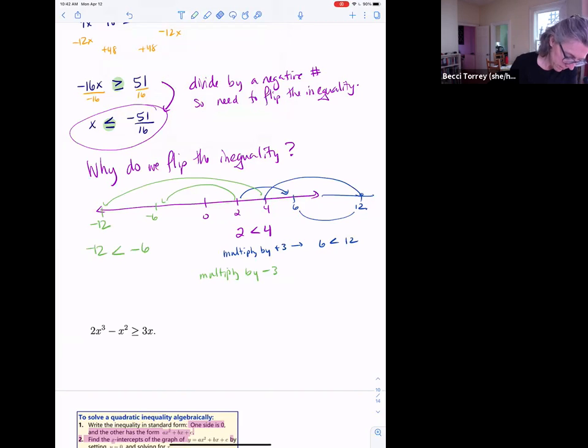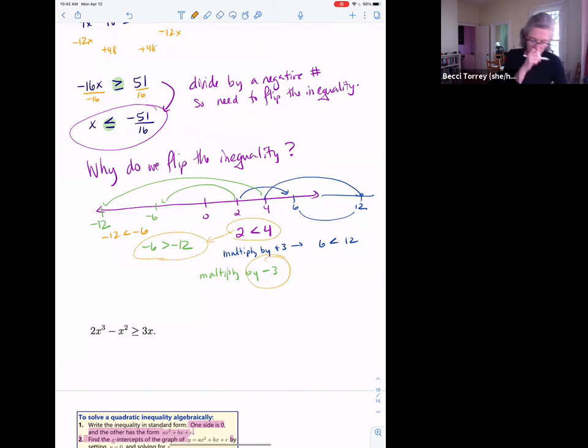Maybe I should go the other way. -6 is bigger than -12, right? Or -12 is less than -6, or you can write it the other way. -12 is less than -6. So here, when we multiply by -3, you have to flip the inequality